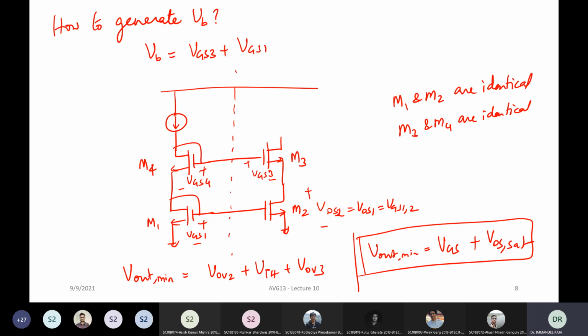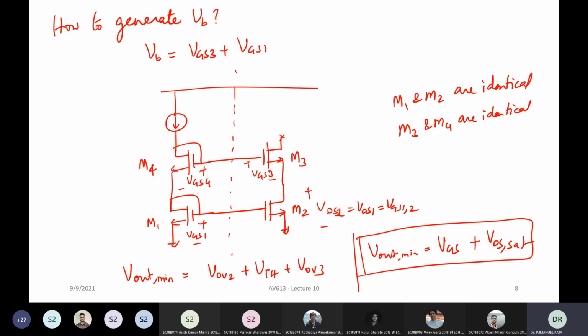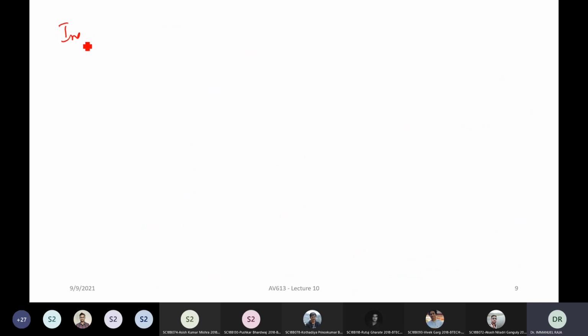Now, if you bring it to just 2 VD SAT, right? If you say, okay, I will allow this voltage to come down to VD SAT, you will have systematic offset. Okay. Now, when you have systematic offset, which means what? For example, if you try to bias this voltage VB in such a way that it is going to give you only VD SAT, right? What will happen is that the output impedance will be good. So for example, if IREF is 10 microampere and you want your IOUT to also be 10 microampere, right? What, due to systematic mismatch,